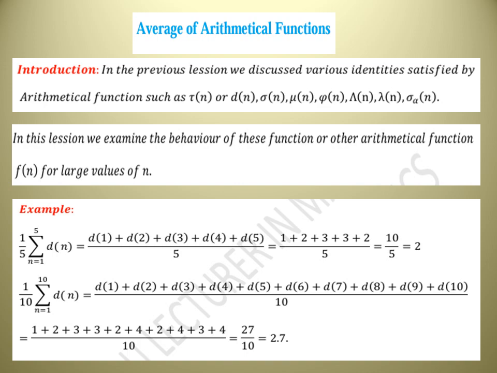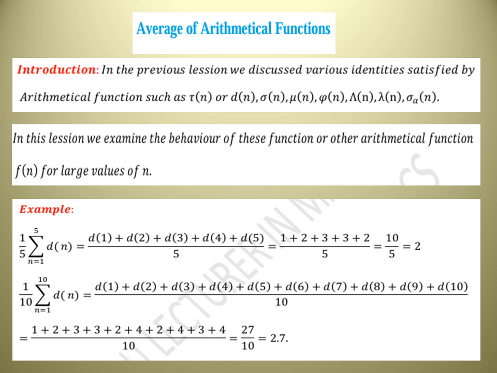Take this example, that is the sum of d of n, where n is equal to 1 to 5. That means divisors of 1, divisors of 2, divisors of 3, divisors of 4, divisors of 5. So we need to calculate the mean of the number of divisors of all these,